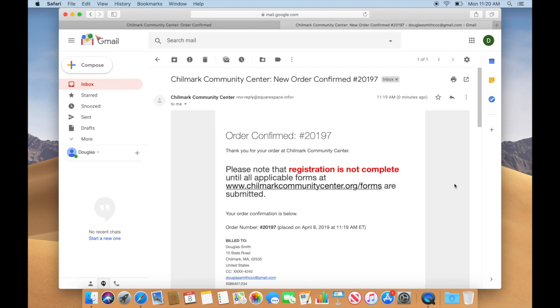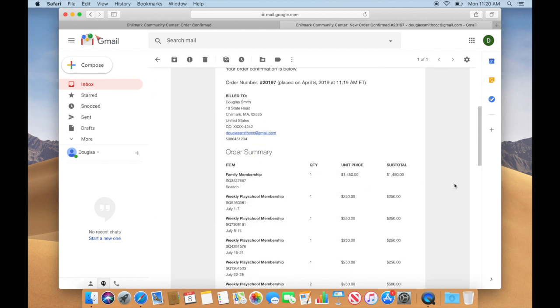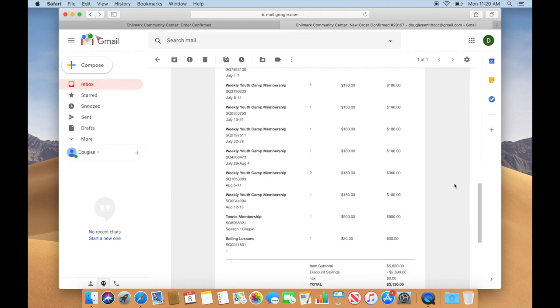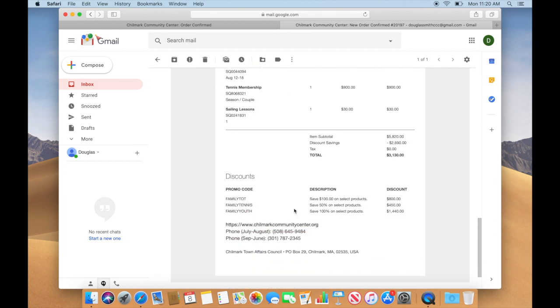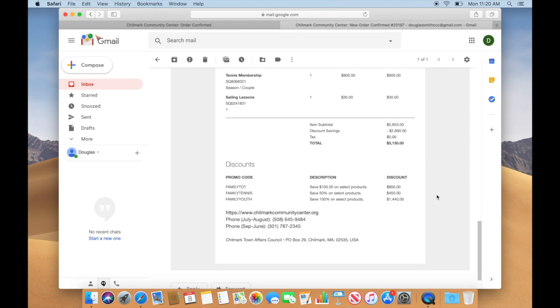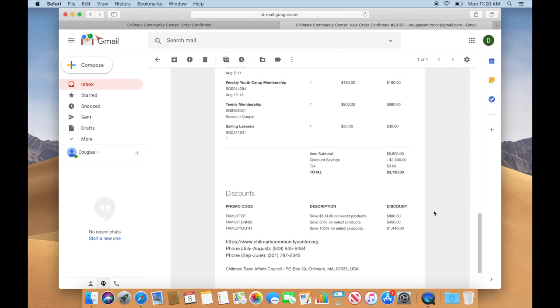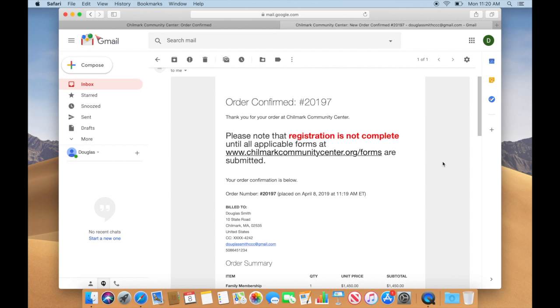We have an order number, we have a confirmation of everything I purchased, and the total, all the discounts that I applied and saved, and contact information for the community center. As I noticed up top though, there was some big bolded and red text, and that text says, please note that registration is not complete until all applicable forms at chilmarkcommunitycenter.org/forms are submitted. Okay, that says to me that I need to go to this link and finish my registration process. So I'm going to go ahead and click on this link in the email,